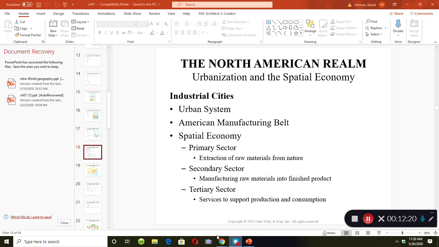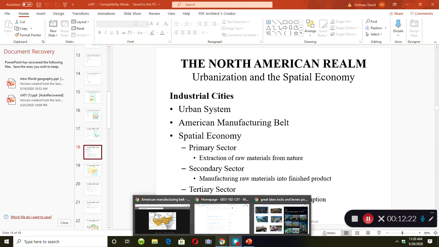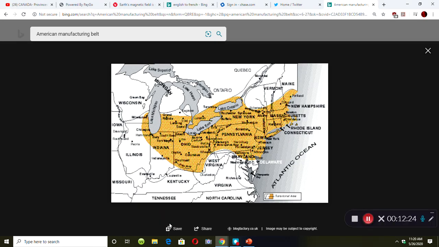It's a lot better than what your book has. Let me get that map. Where is it? Here we are. Okay, here's your American manufacturing belt. It gives you where all the manufacturing is, notice it's all around near the lakes. See that? And it bypasses West Virginia, so it's all the Northeast and going into the